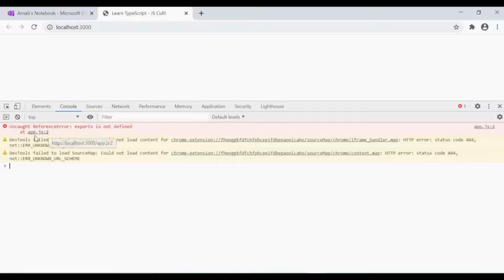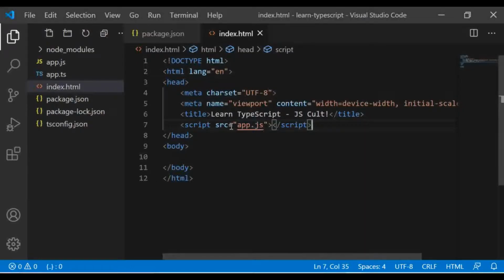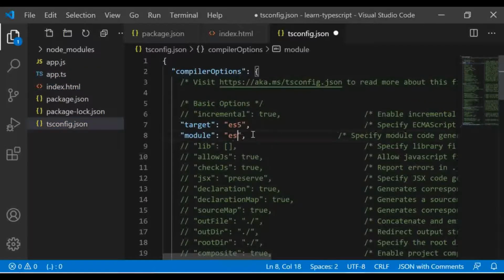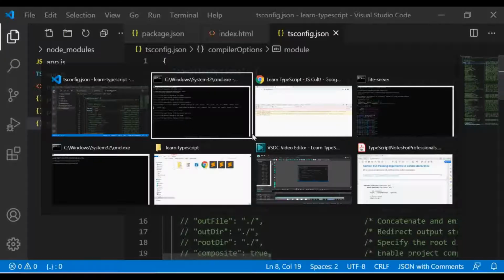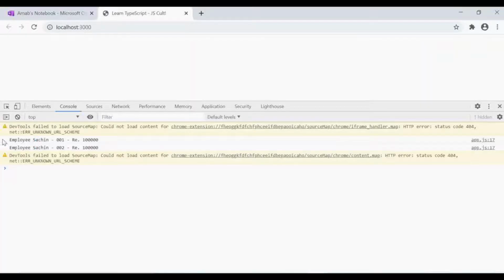Okay, since CommonJS is not present, I think module should be ES6 and not CommonJS here. Fine, now the problem is resolved as expected.